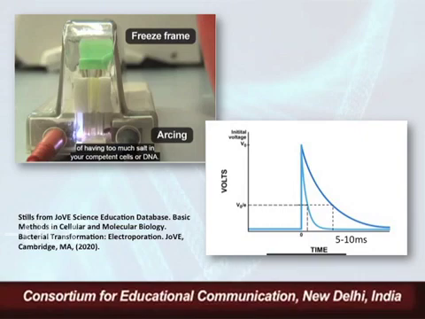So we have to be very careful when we proceed with the electrotransformation method, that the vector DNA as well as the fragment of DNA has to be really clean. It has to be devoid of all the salts, otherwise arcing can happen and there will be no transformation. So time constant is an important thing to note. The ideal time constant will be around 5 to 10 milliseconds.